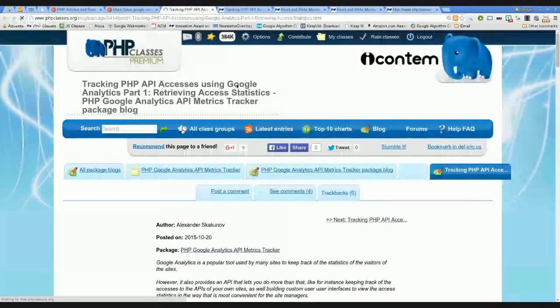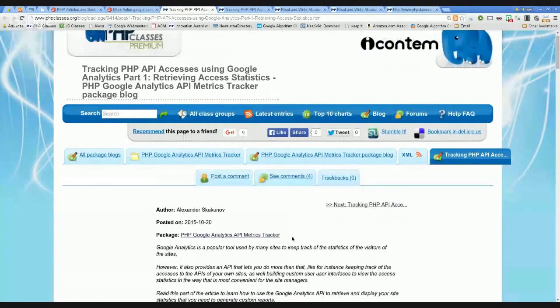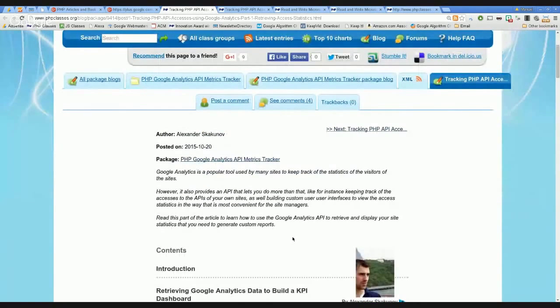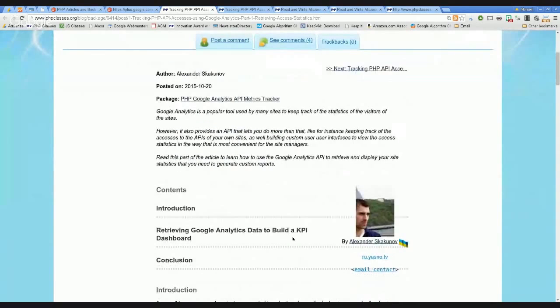Well, the first article that I wanted to comment on is about a way to use Google Analytics to track something that is not so usual. Usually you use Google Analytics by putting it in your page and it can track the accesses of your users to the pages. But this article by Alexander Skakonov from Ukraine